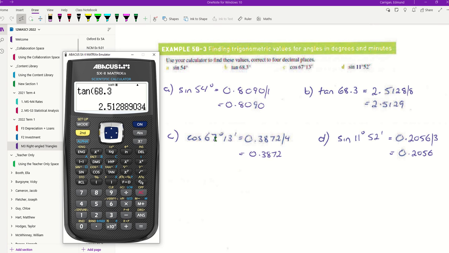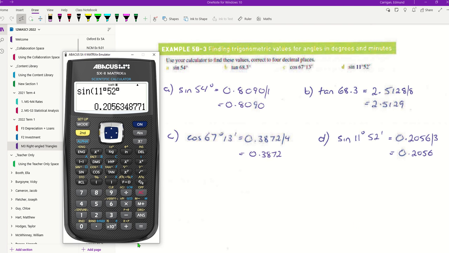The last two are putting them in degrees and minutes. So cos 67 DMS 13, remember, up, push the DMS again, we can just push our equals, 0.38724, the 4 is rounded down to 0.3872. And lastly, sine 11 degrees, so DMS 52 minutes, 52, bring out up here, equals